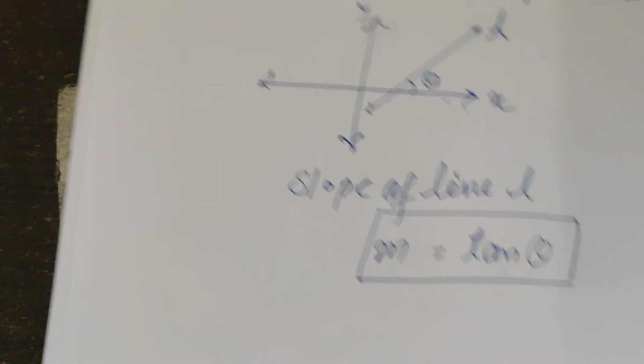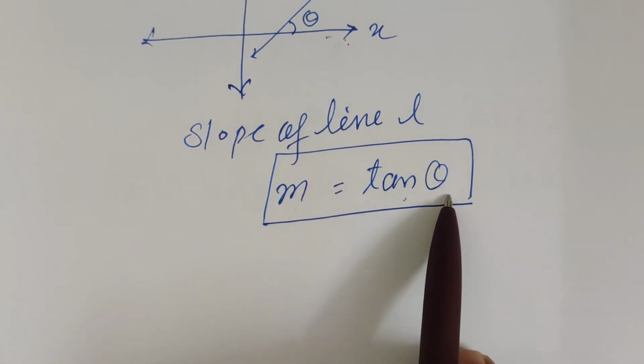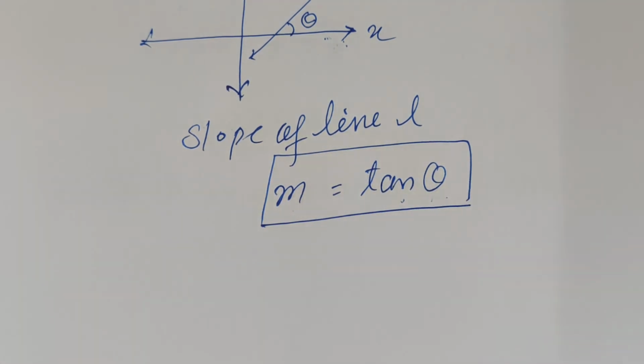And the last point related to the slope is slope equal to tan theta, or tan theta is equal to slope. This was all about slope. Main important points I revised again 2 times. So one more time you revise, see this video at least 2 times, and the things will be clear to you.